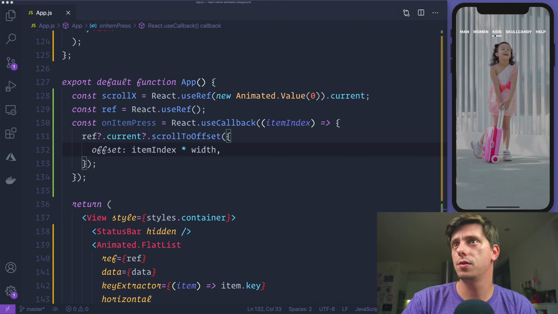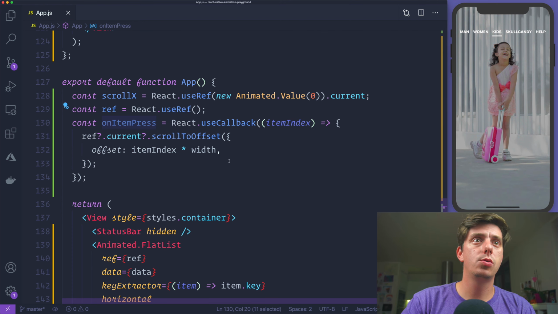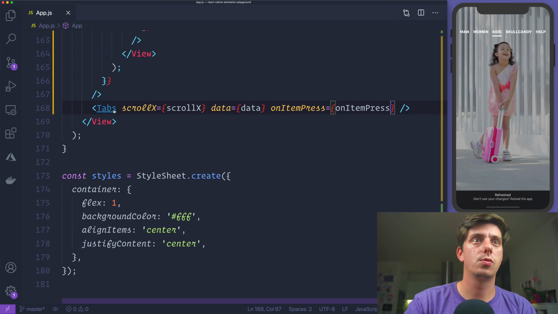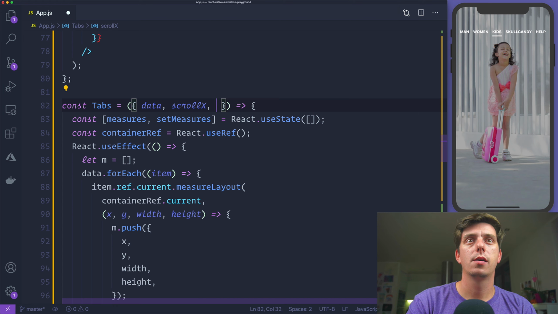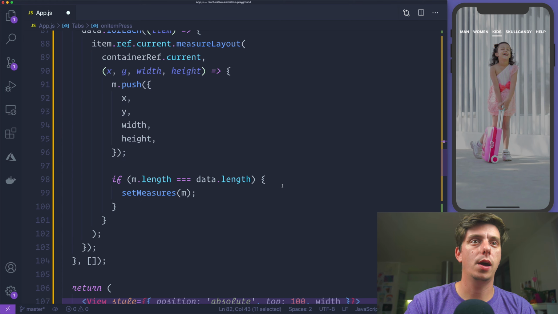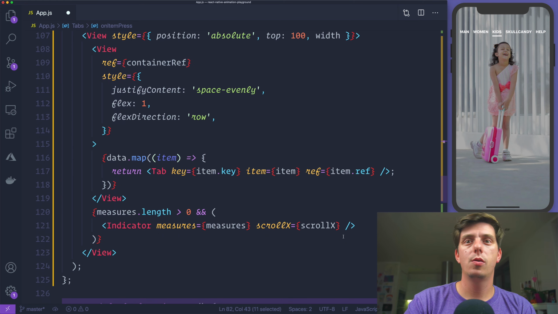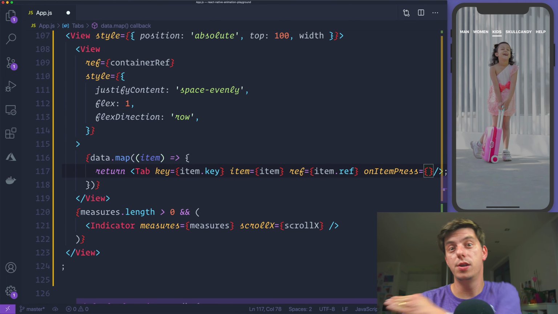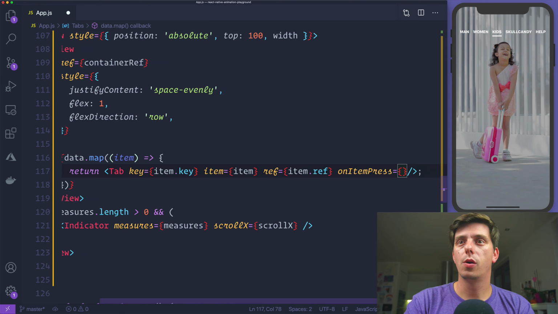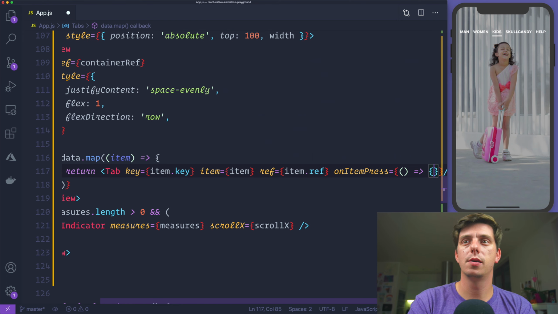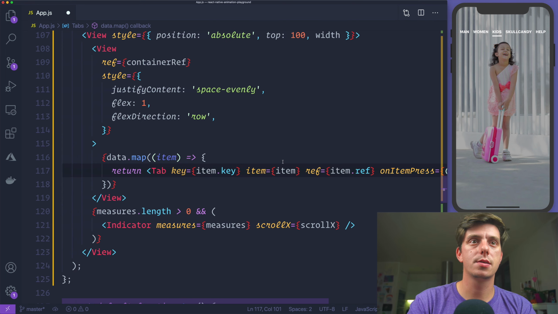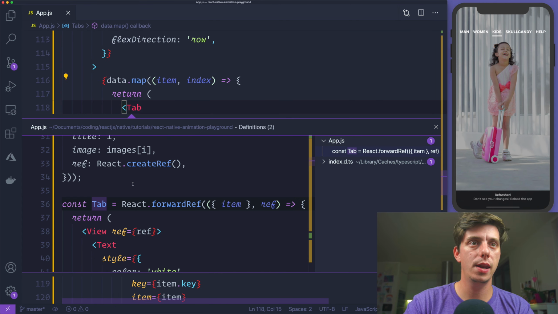So now nothing should change because we need to pass this onItemPress to the tabs. So Tabs is going to receive the onItemPress. Go to the tabs, get the onItemPress. And now for each particular tab, we're also going to pass onItemPress, this time a method that calls onItemPress based on the index, and get the index from the data map. And now the tab